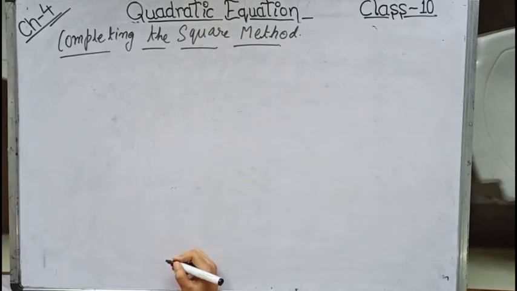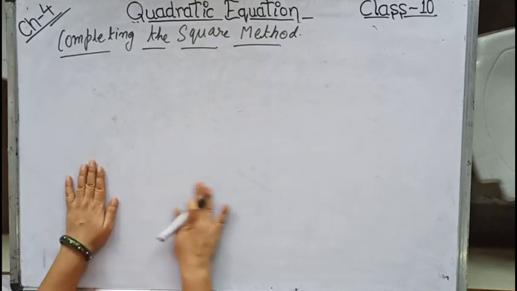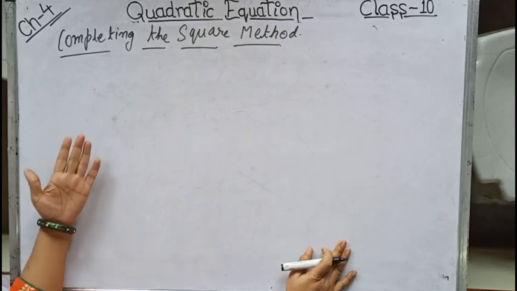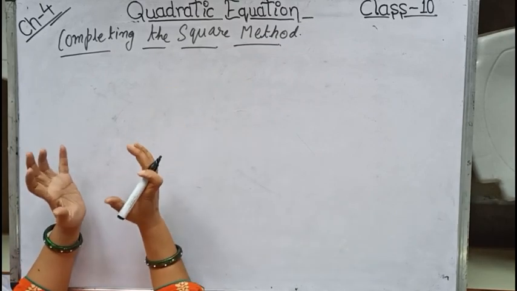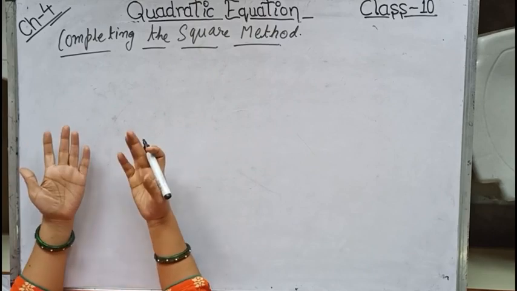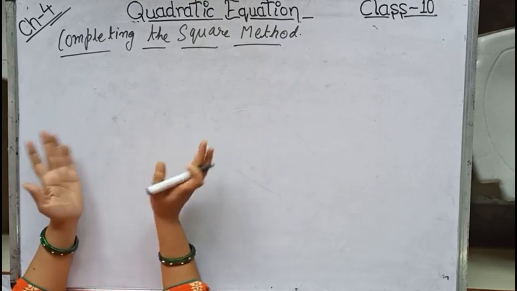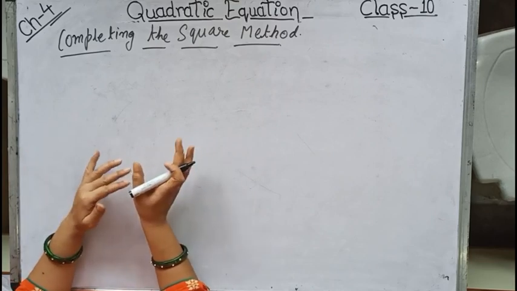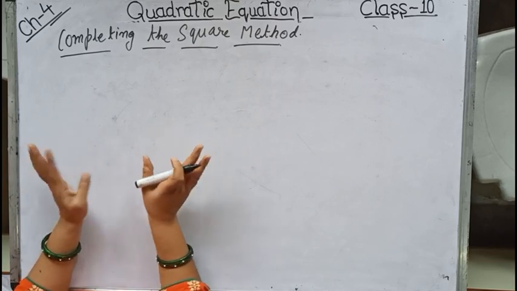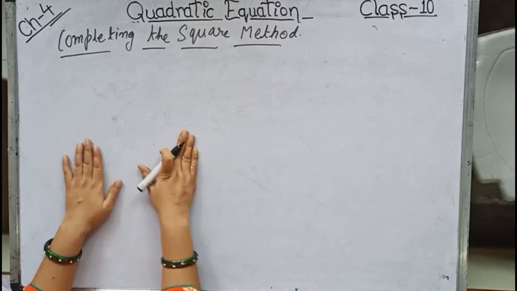Completing the square method. Now children, as the name suggests, square. So we have to make something in complete square form. Now complete square is what? (a + b) whole square or (a − b) whole square. This much only for 2 terms, this much only we have done. If there are 3 terms and so on, it is not for this quadratic formula.